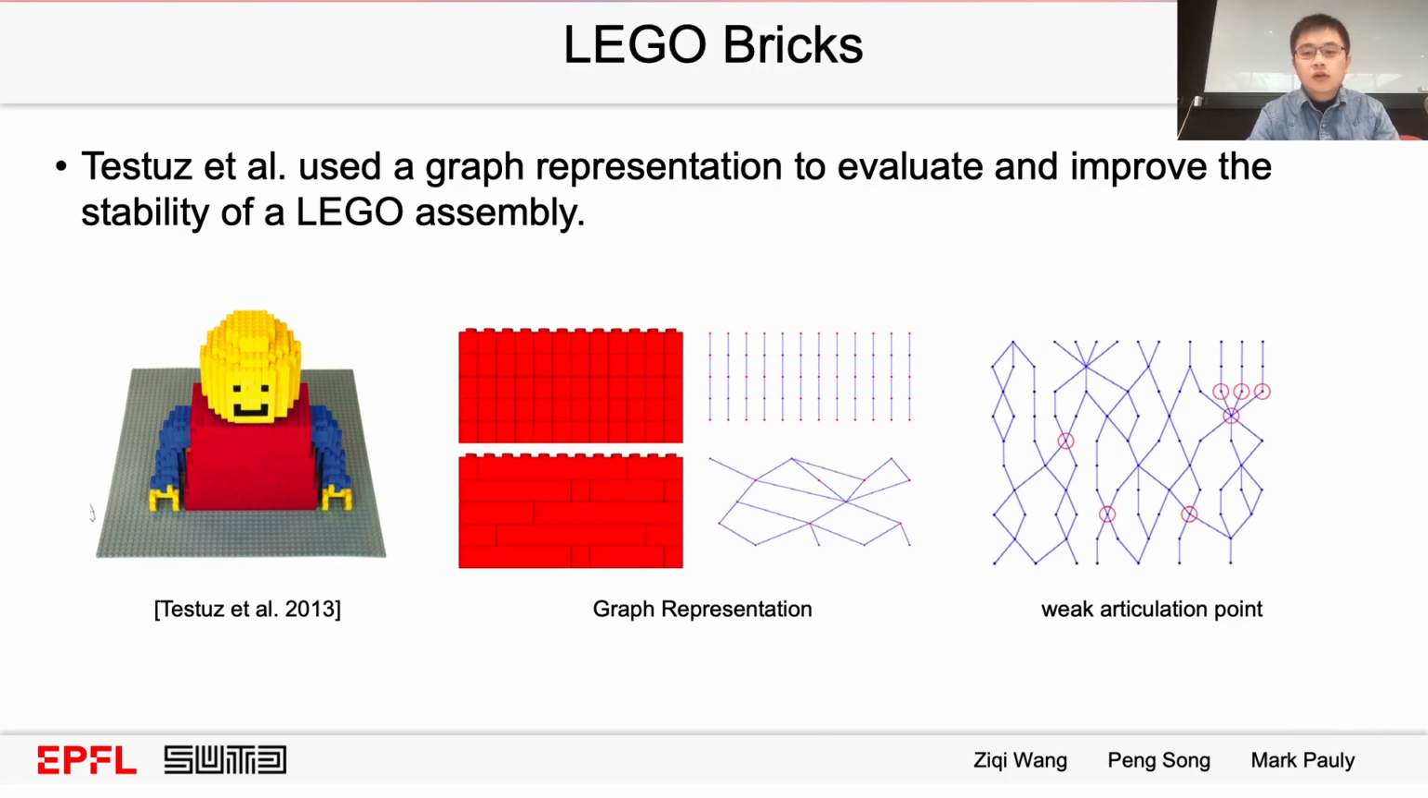Testuz and their colleagues represented a Lego assembly as a part graph. The assemblies whose part graph has more edges, with fewer weak articulation points, enjoy better structural stability. They used a randomized greedy algorithm to search for a Lego layout by performing merging and splitting operations on the